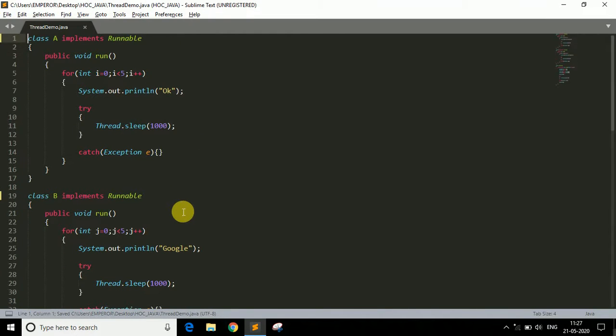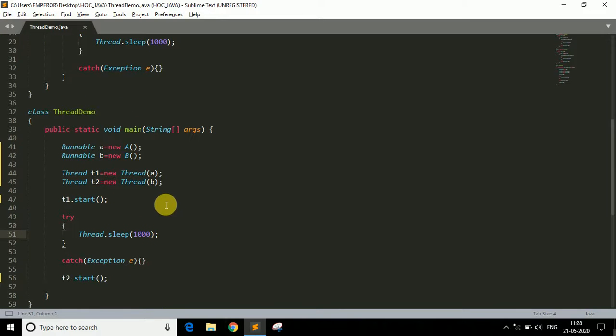So let me quickly revise. First of all, the first change you have to do is implement the Runnable interface, because we are going to use the Runnable interface. And the second change is you have to create the object of the Thread class in order to call the run method. The third change is you have to call the start method by using the Thread class objects, as you can see here. And the fourth change is you have to write Runnable here instead of the class name, and we are providing the reference of the class into this Runnable because we cannot create an object of an interface. That's why we are referring to these classes. And the last change is you have to pass these a and b objects into this Thread object creation part. Okay, so that's how this code works.